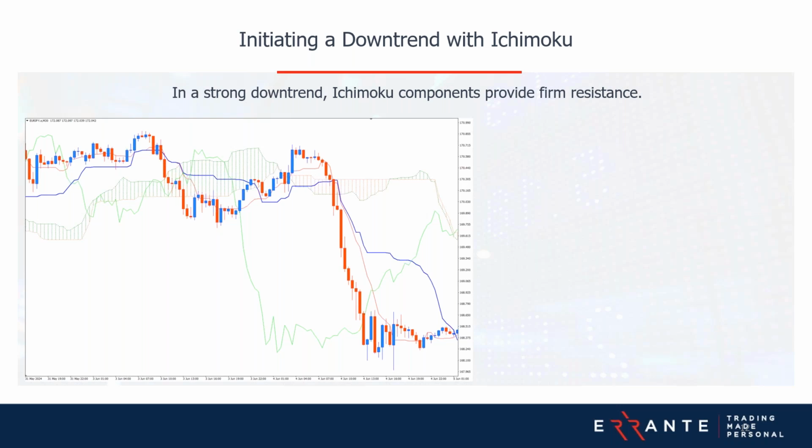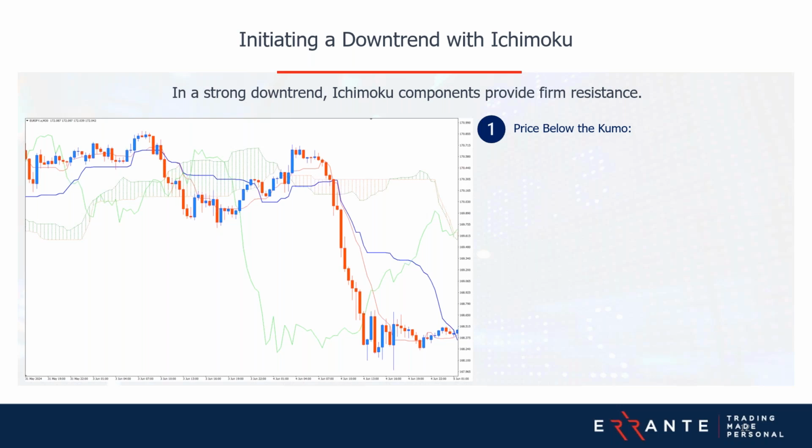Now, recognizing the start of a downtrend is essential for positioning ourselves correctly in the market and avoiding potential losses. So let's dive into the indicator that signals the beginning of a downtrend using the Ichimoku system. This is very, very similar to the beginning of an uptrend. When the price falls below the Kumo, it indicates the weakening of the previous trend and the potential start of